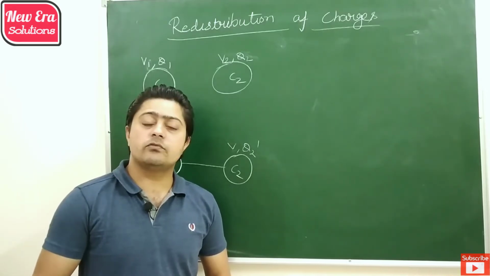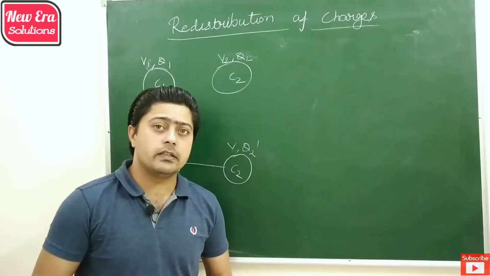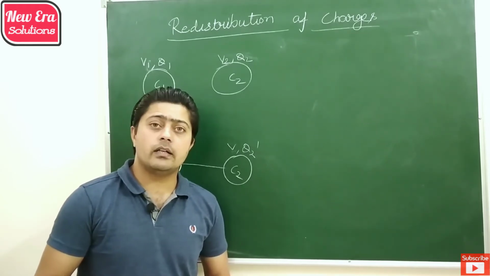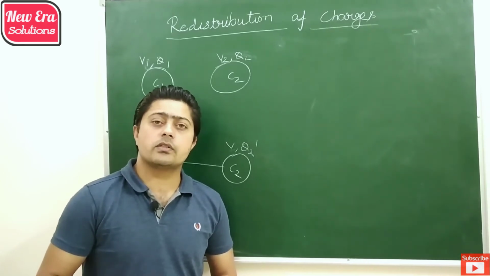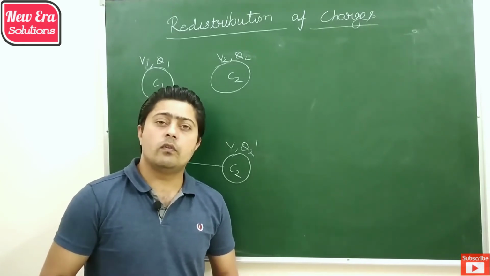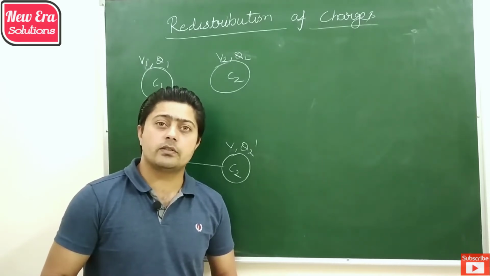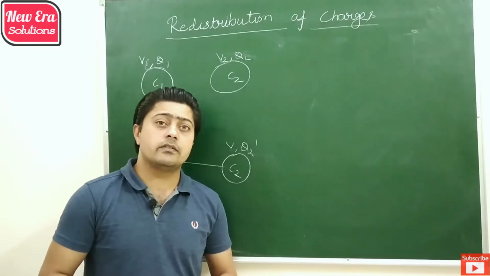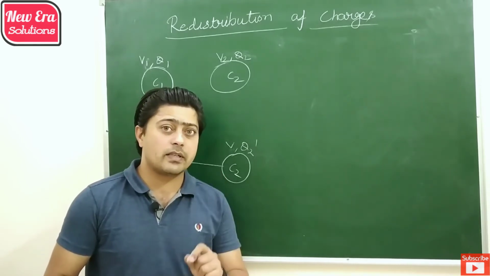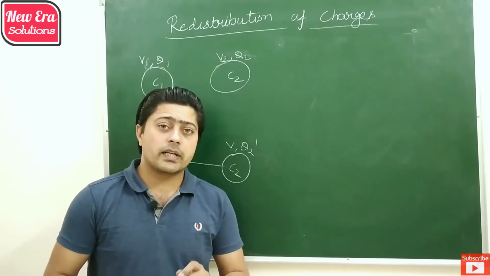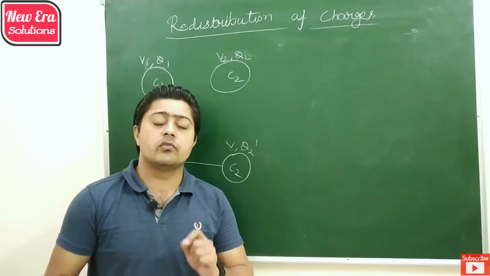Now we discuss what happens when two capacitors are connected with each other. They try to acquire a common potential, for which charge flows from the higher potential capacitor to the lower potential capacitor to maintain the same potential. That's why the charge is redistributed when two capacitors are connected. So the capacitance of the capacitor remains the same, the potential of the capacitors becomes the same, but the charge is redistributed on the capacitors.